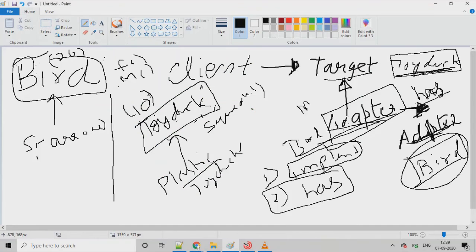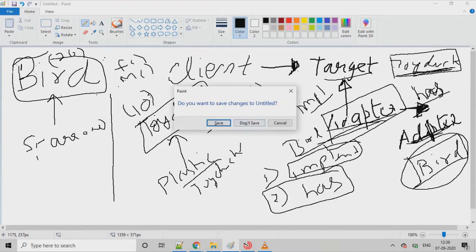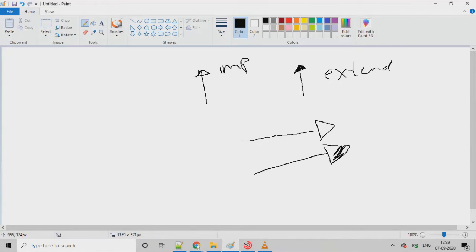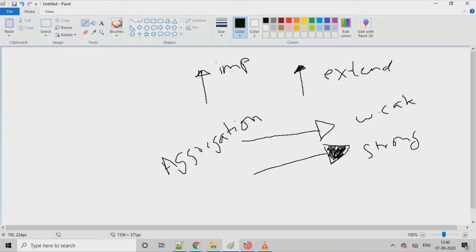We are saying that this is a strong connection because this is a composition. If you look closely at what composition means, in the constructor of the bird adopter we are passing this bird interface.